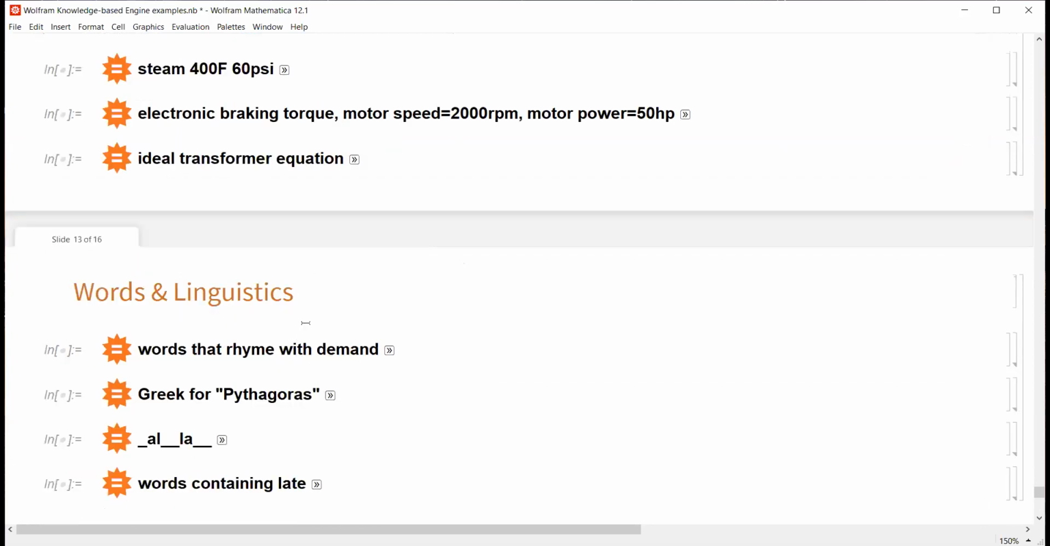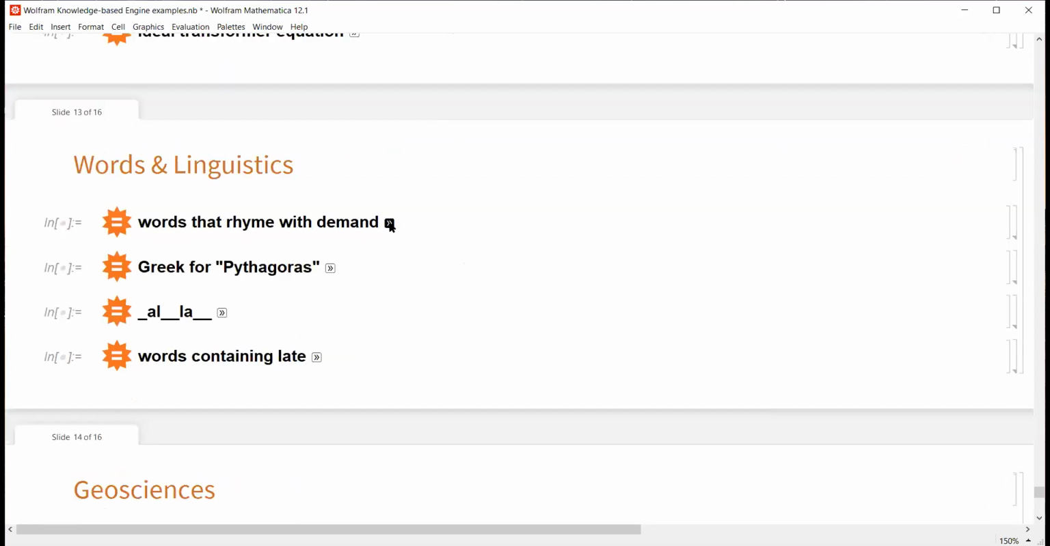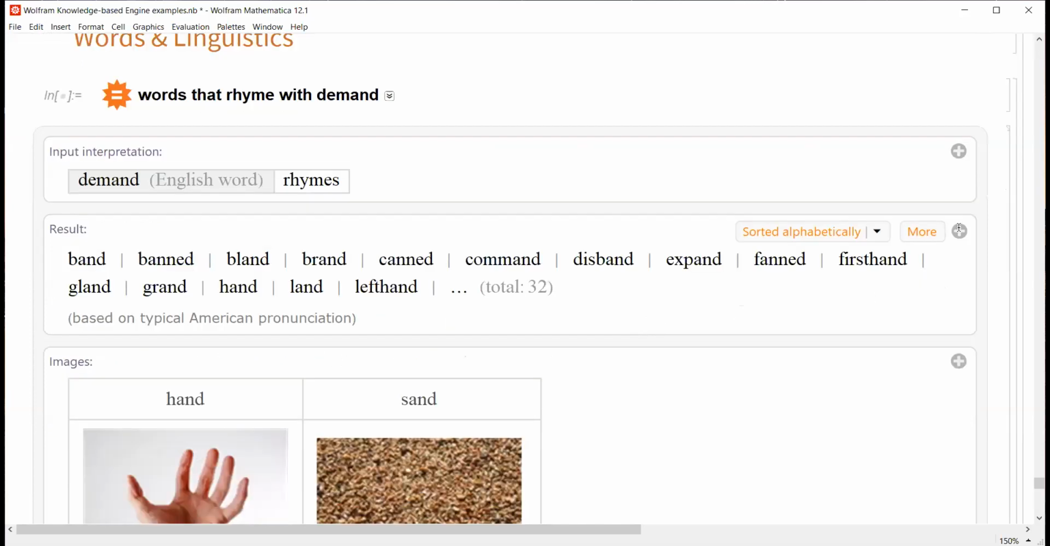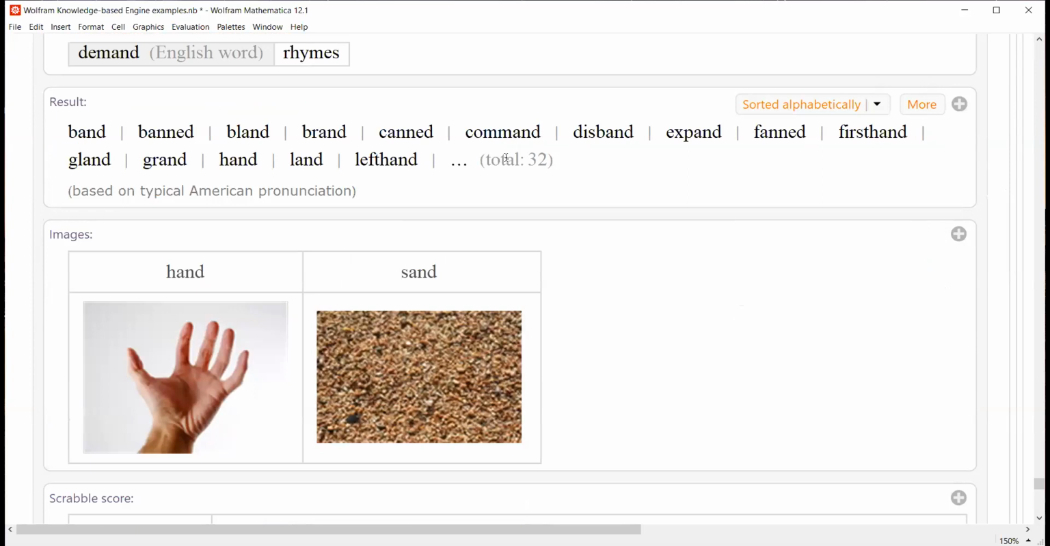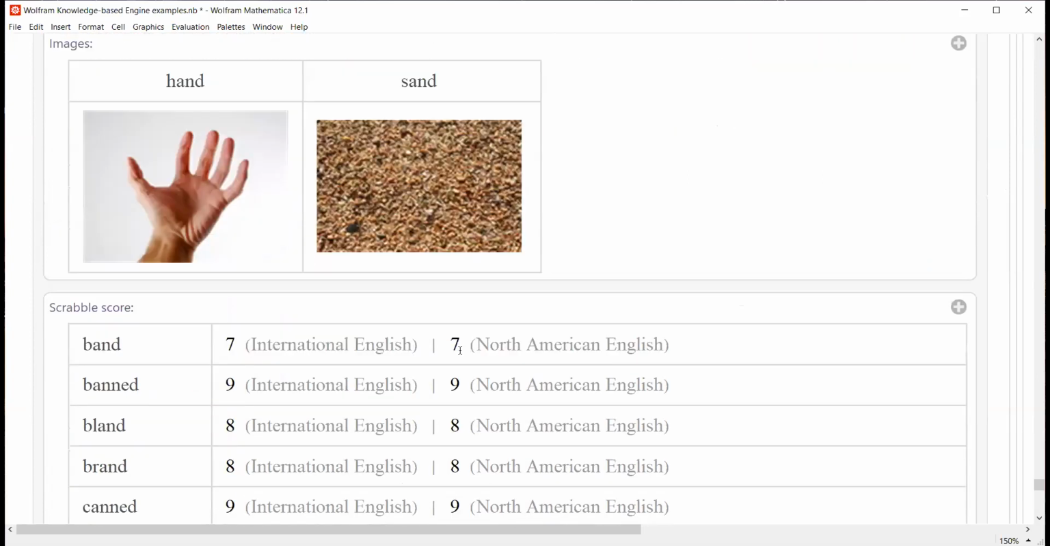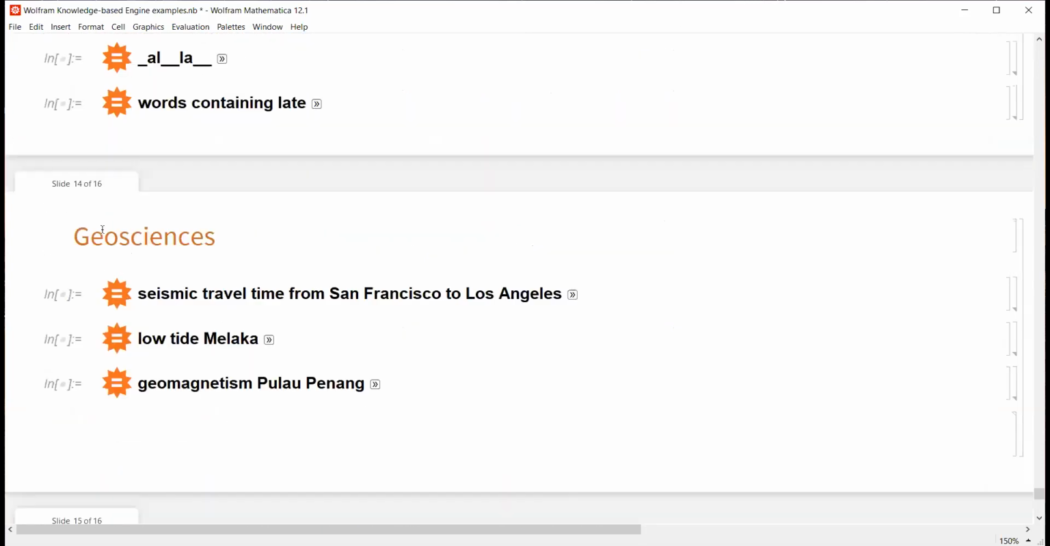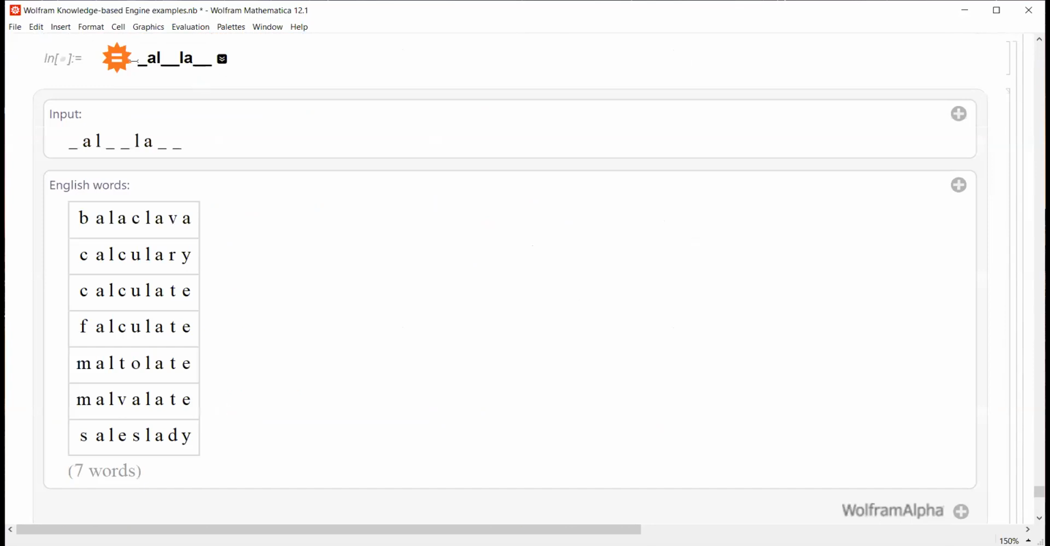Okay? And if you are involved in linguistics, if I want to write a poem or a song, I want to find the words that rhyme with this word, "demand". You can find words with the same rhythm, like bang, gang, hand, land, all these are given. You can click more, and it shows a total of 32 of them. So you can easily find all these things. And even if you want to find a word that contains these four letters, A-L-L-A,